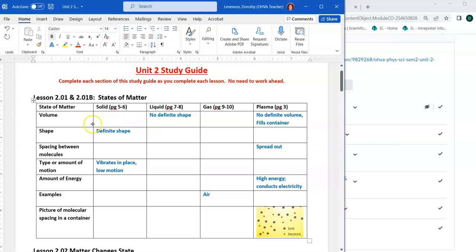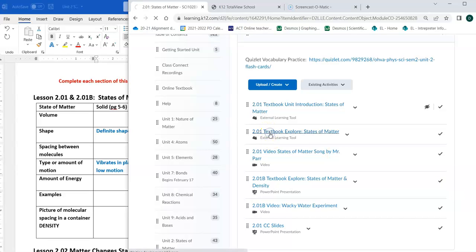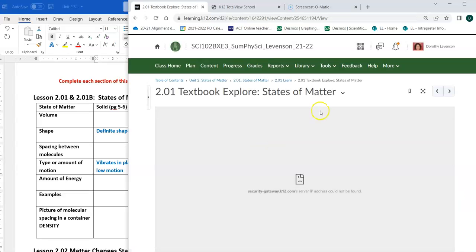Let's fill in this chart. First thing we want to do is the volume, shape, spacing, motion, energy, examples, and density. This is really talking about density of solids. We can see that's on pages 5 and 6, and the density will be in part B. So we go into our lesson 2.01, Explore States of Matter,